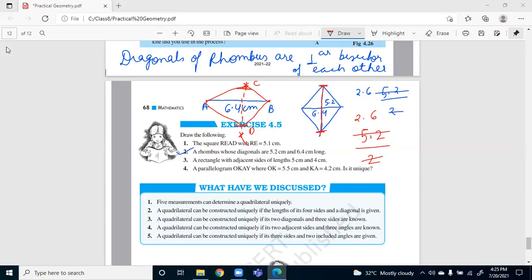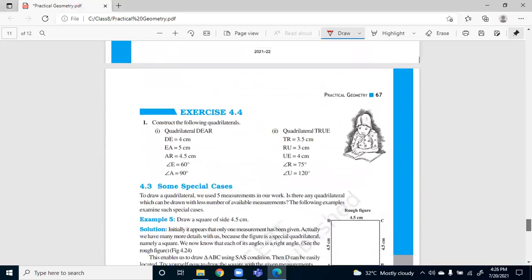So if it is completed, do tell me, then we can start the new exercise. Others, Dhriti has already completed both the questions. What about, Yes, ma'am. Mahika, you have also completed? Yes, ma'am. Okay, so please send it for getting it checked. Actually, ma'am, my phone got dead. After the class, after charging it, I will send you. No problem, no problem. So, okay, then start the new exercise.